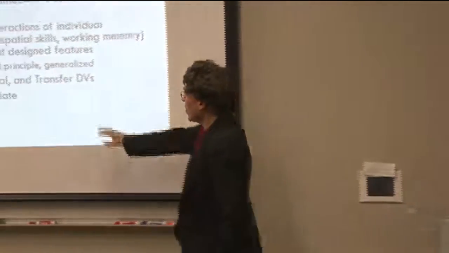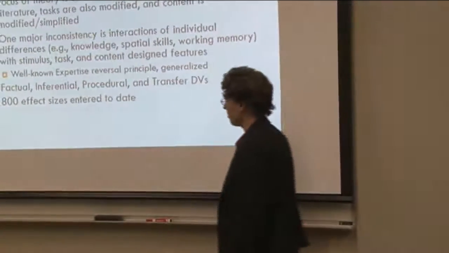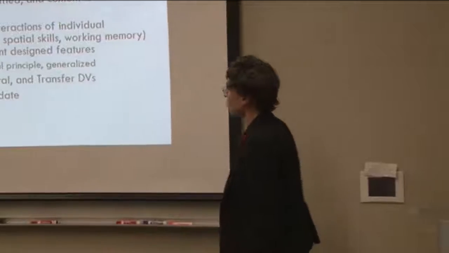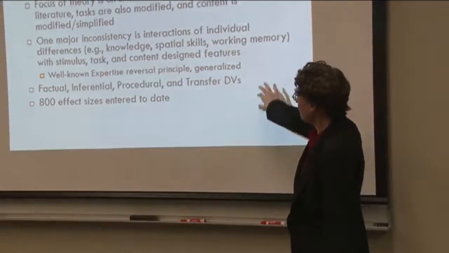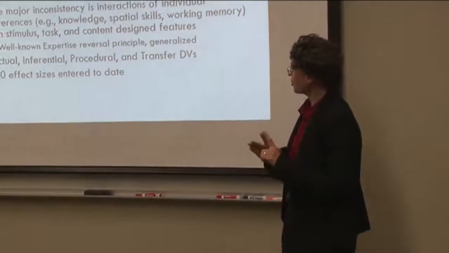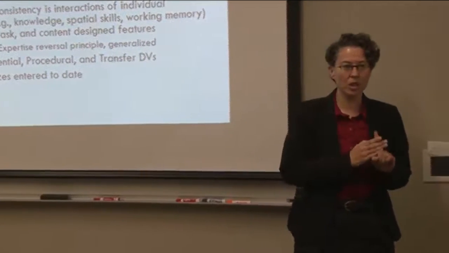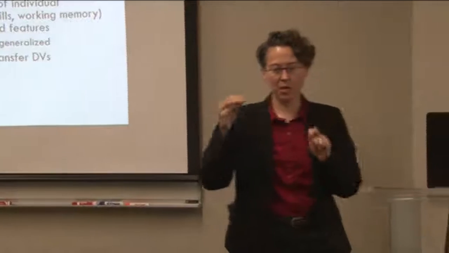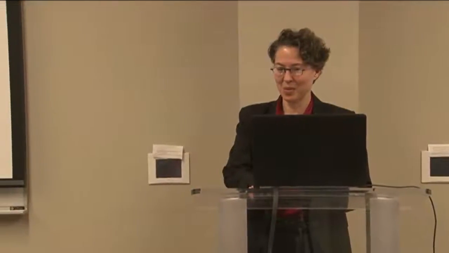So we've now coded 800 effect sizes across a few hundred papers. And we're coding also for dependent variables that are factual, inferential, procedural, or transfer, with the thought that there may be different patterns across different kinds of learning outcomes. So now, the moment you've all been waiting for. What have we